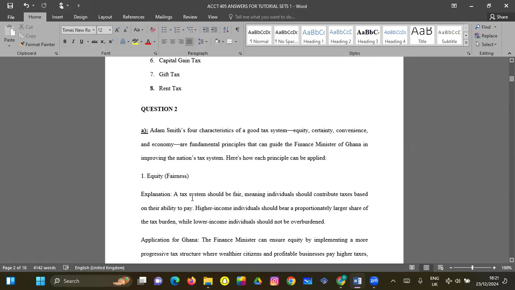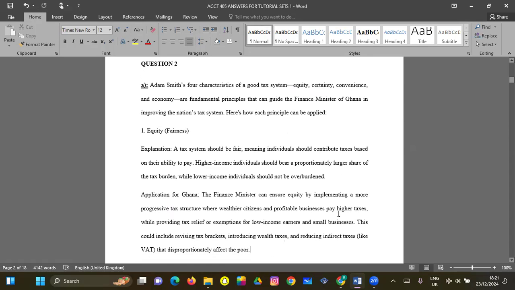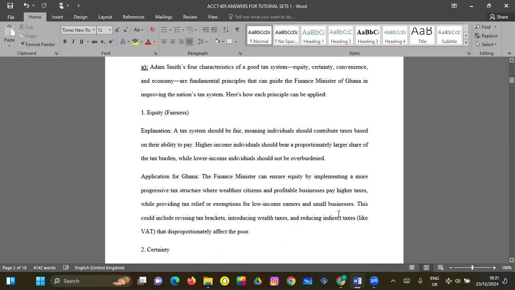So the first one, the tax system should be fair. When we talk about equity, it means the tax system should be fair. We spoke about this in our first session, right? Meaning individuals should contribute taxes based on their ability to pay. Higher income individuals should bear a proportionately larger share of the tax burden, whilst lower income individuals should not be